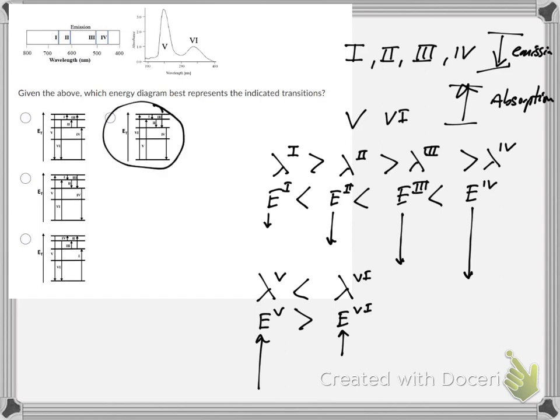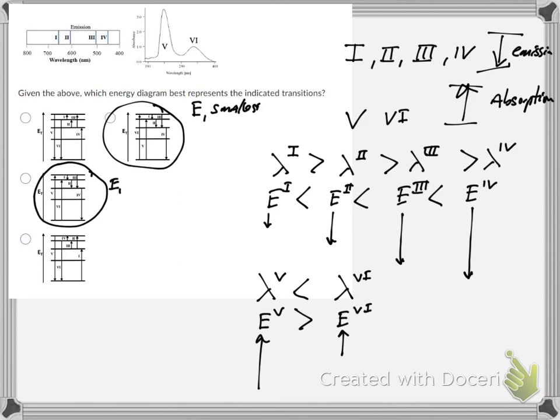The first thing we can do is look and ask which of these has the smallest Roman numeral 1 pointing down, because that has to be correct. If we do that, we see there are two choices here. The others are showing some pointing up, so that's wrong. You can't have 1, 2, 3, and 4 pointing up. They have to be pointing down, and Roman numeral 1 has to be the shortest. So how do we distinguish the two? After that, it looks like the ordering is correct in emission. It has to do with the